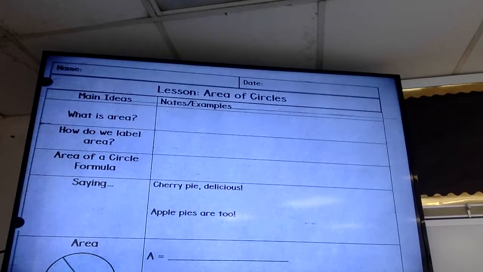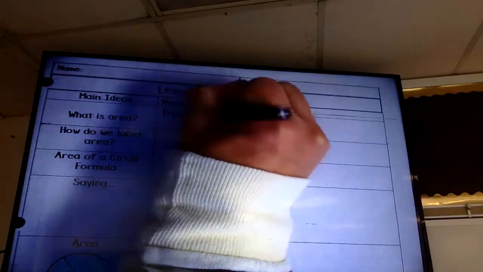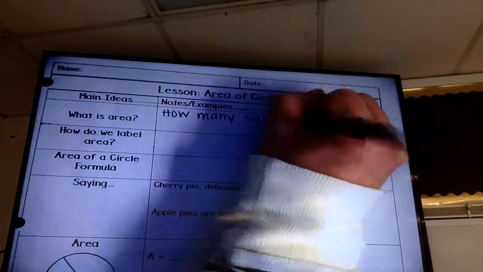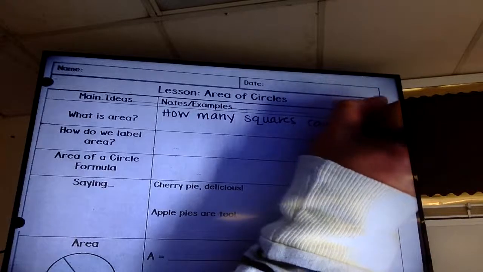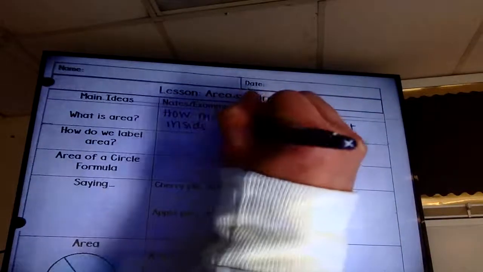So first of all, what is area? Well, area is simply how many squares can fit inside a two-dimensional